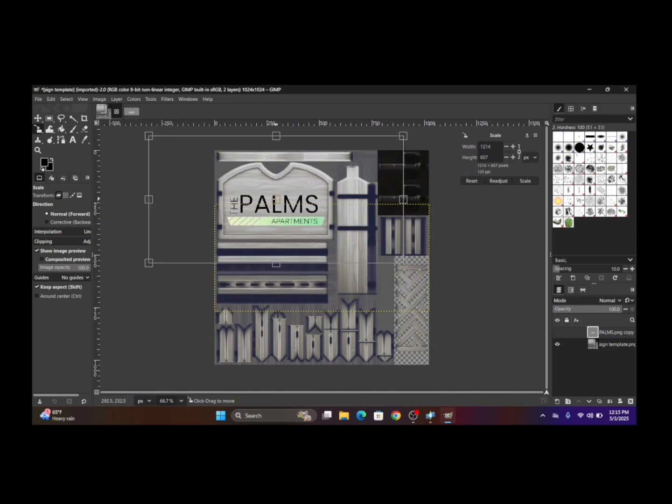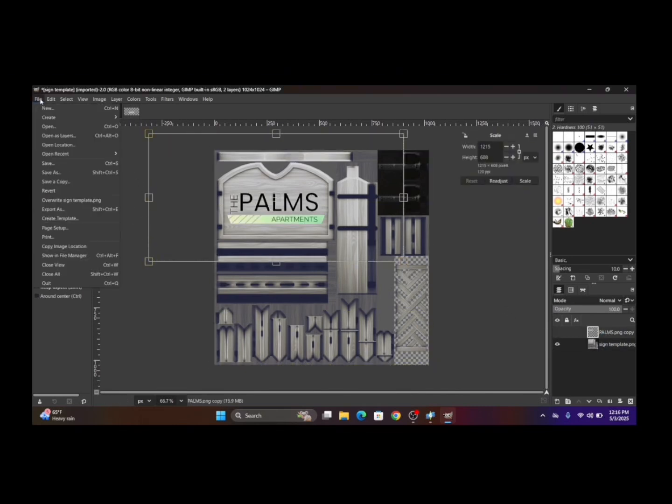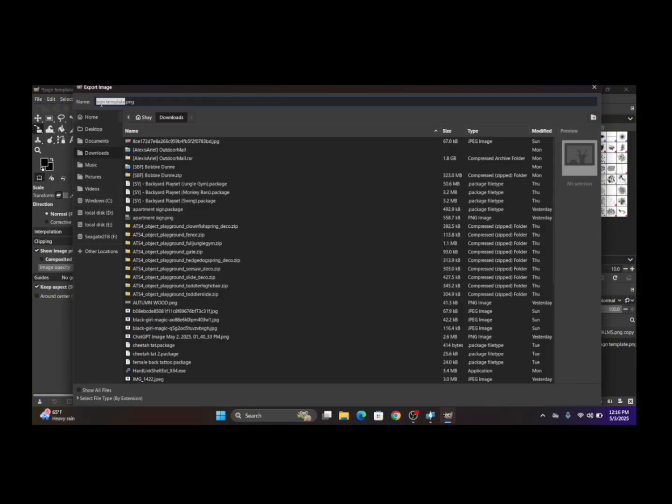Okay, so I like mine about right here. That looks good. Okay, so now that I got that, I'm going to go to File, Export As, and I'm just going to